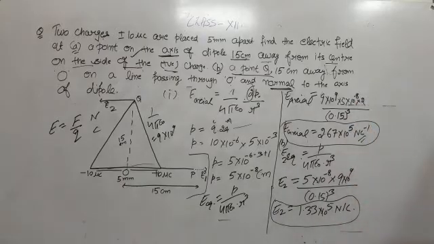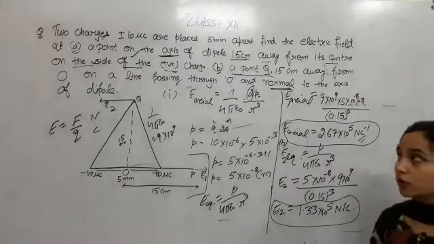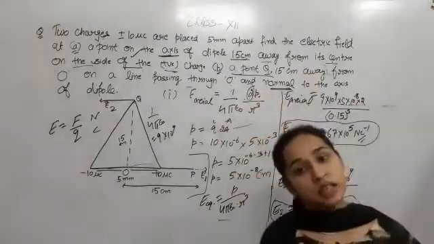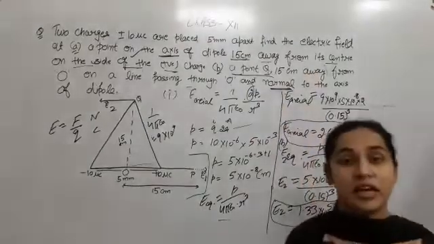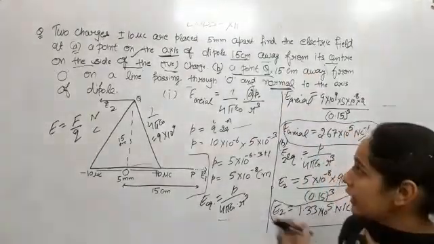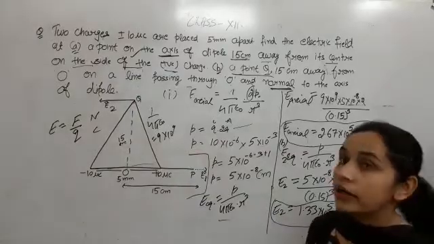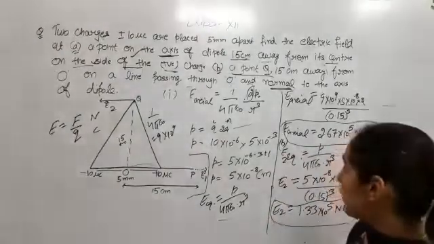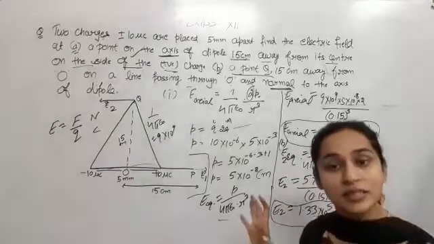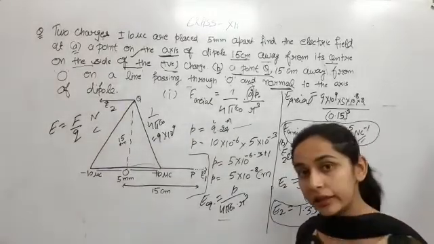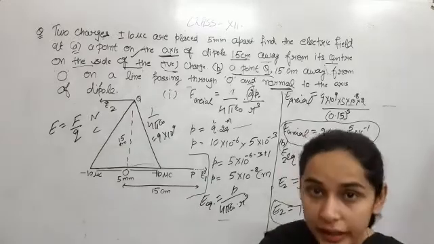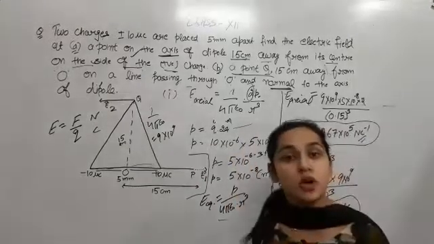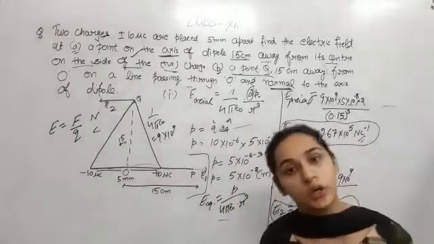Hope you understood this numerical. It is very important because in a single statement they have asked for axial as well as for equatorial line. It is very easy, and from the exam point of view also this is a very important numerical. Hope you understood this numerical very clearly. Still, if you find any difficulty while solving this numerical problem, you can ask.